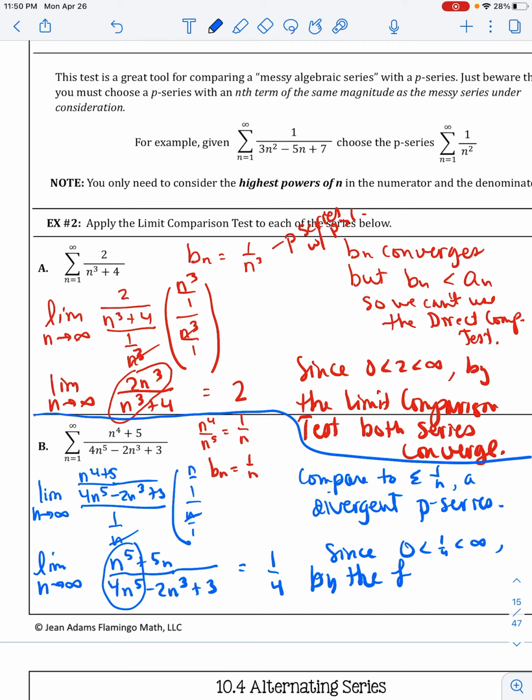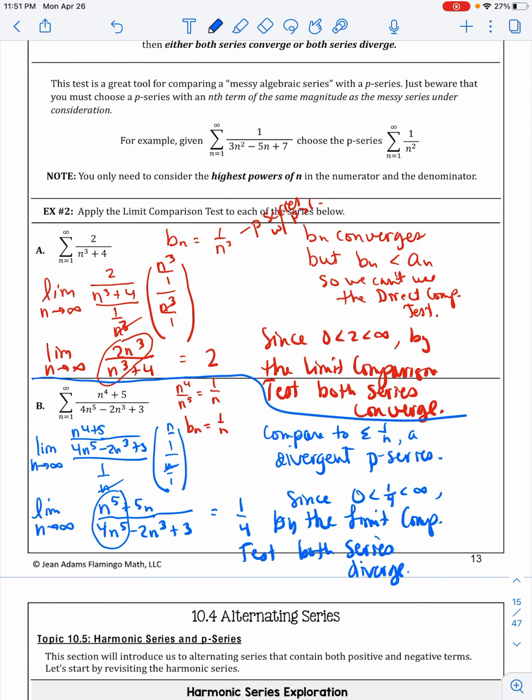And since 1/4 is between 0 and infinity, by the limit comparison test, both series diverge. Remember, if you're comparing it to a divergent series, and you get a value between 0 and infinity, you're proving that they both diverge. If you're comparing it to a convergent series and you get a number that's between 0 and infinity, you're proving that they both